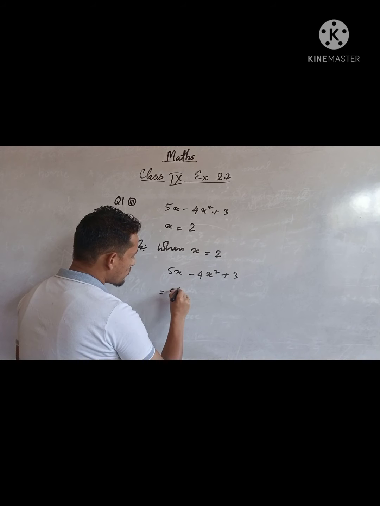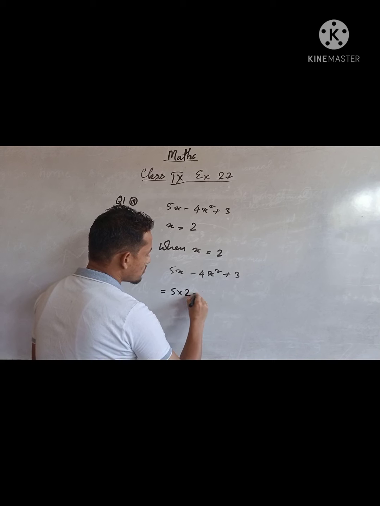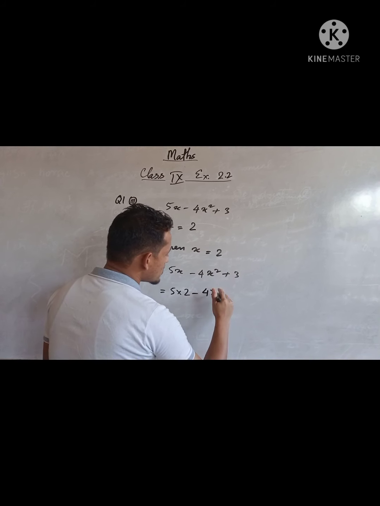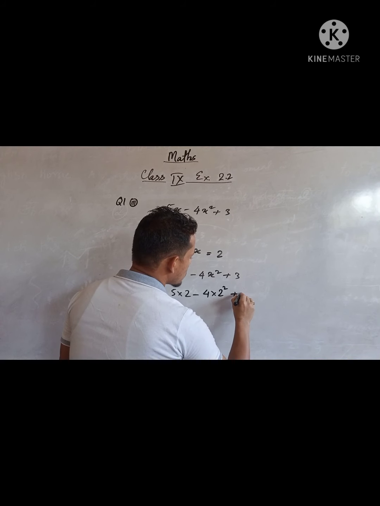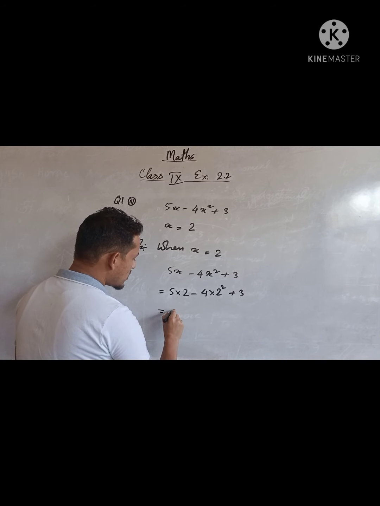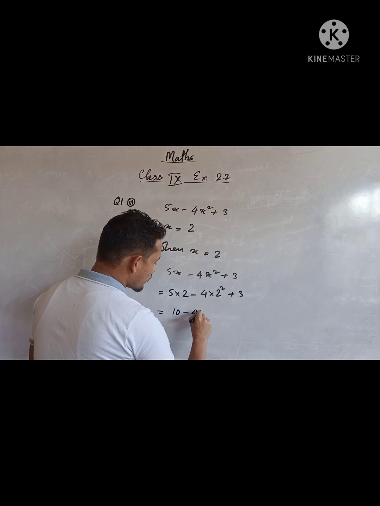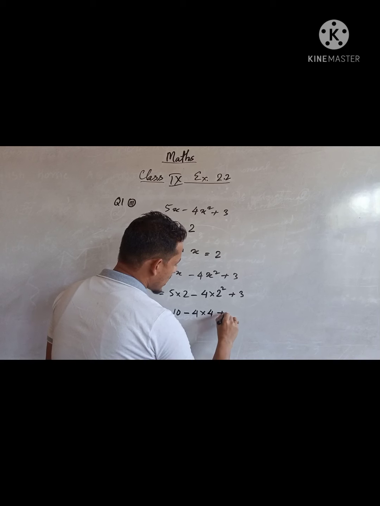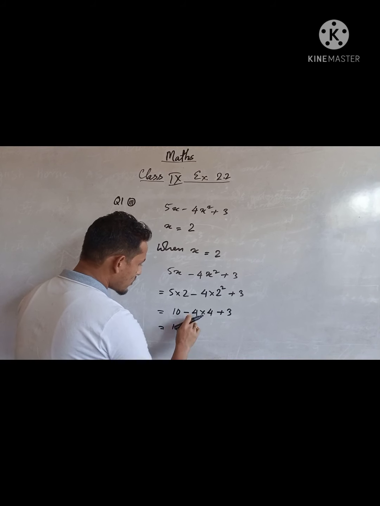So 5 into x means 2, minus 4 into x square means 2 square, plus 3. Now what you will get here is 5 into 2 is 10, minus 4 into 2 square is 4, plus 3. Next step, 10 minus 4 into 4,